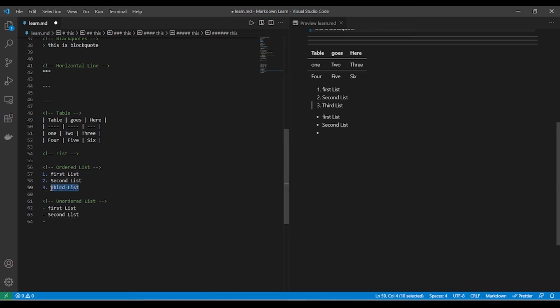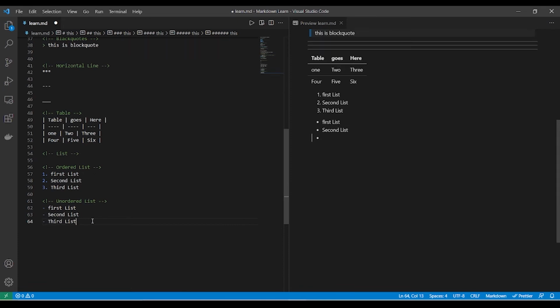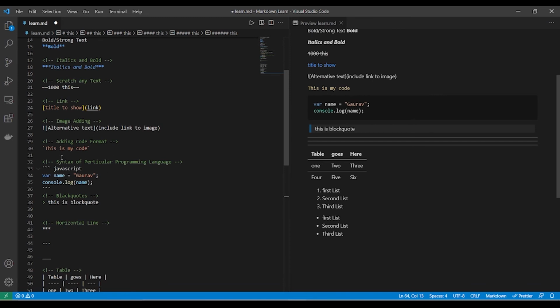Please note down that the use of these spaces is very useful. You have to remember which syntax will have a space and which syntax will not have a space. For example, these quotes will not have these spaces.